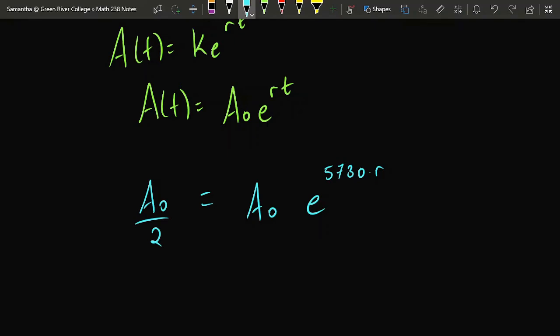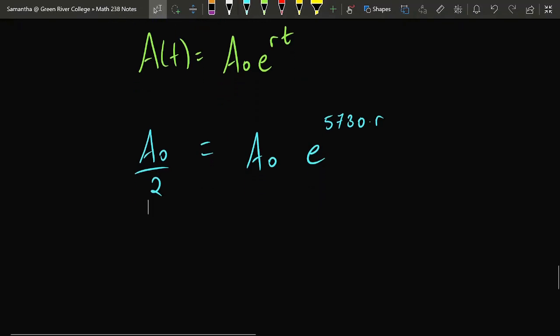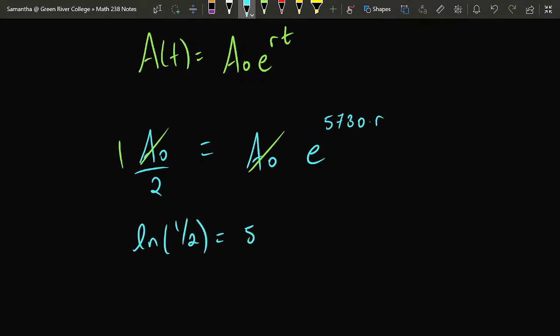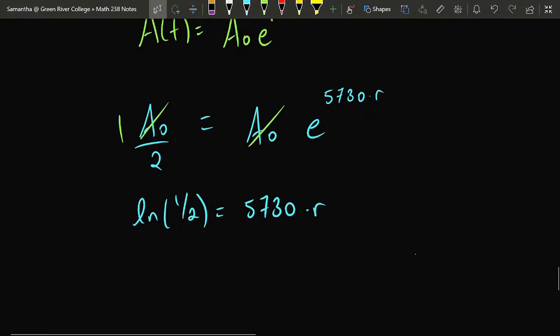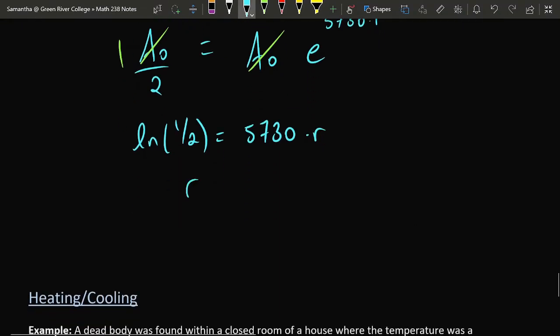Now the important thing about this problem is that because A0 is present on both sides, it can be eliminated from both sides. And this leaves me with an equation containing only one unknown. And that's an equation that we can solve. So if I apply natural log to both sides, natural log half is equal to 5730 times r. Then the decay rate for carbon-14 could be expressed as natural log of 1/2